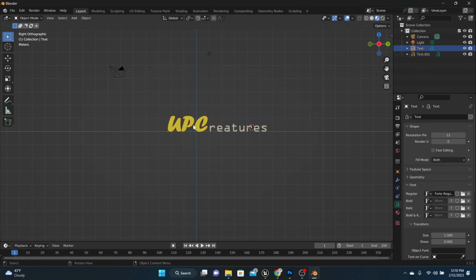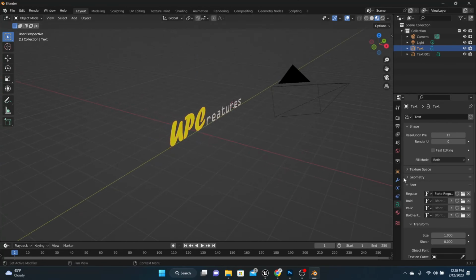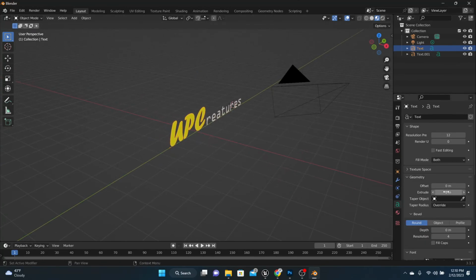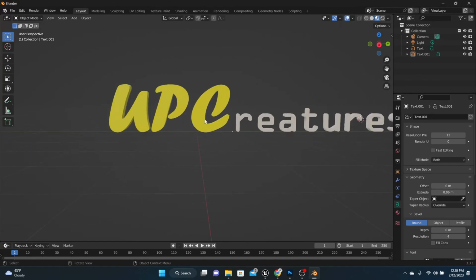What should we do? Should we give this any depth? Like, probably give it some depth. Extrude it. And this one too. Alright, so that when we take the picture of it,